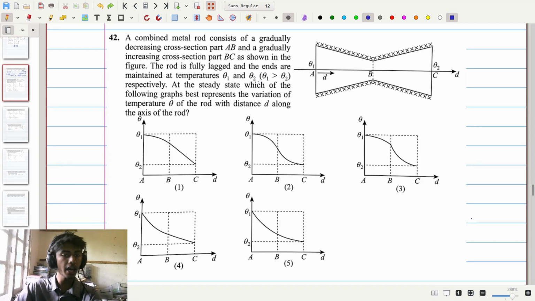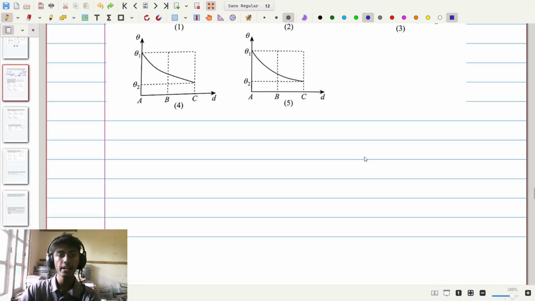Now given this, they ask us at the steady state, i.e. when the temperatures throughout the rod are all constant, which of the following graphs best represents the variation of the temperature θ of the rod with the distance d along the axis of the rod, starting from the point A and going in the direction of the point C. Now for this question, all we need is the single formula dQ/dt